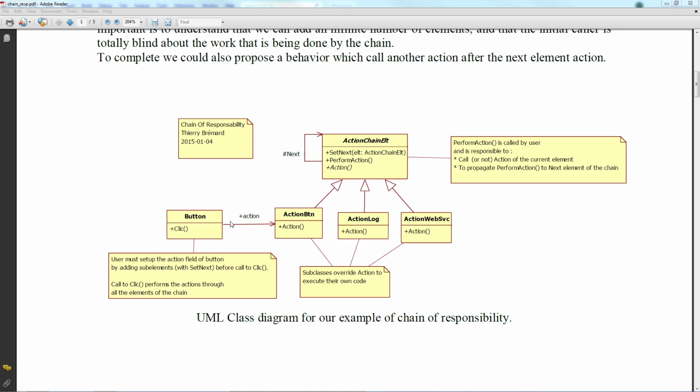The idea is that the caller, for example the button, will call an action and is not aware of how many classes will be triggered. It can trigger only one action class, the action button, but at the same time, the pattern gives the mechanics so that the button is not aware if there is only the action button, or also action log and action web service.